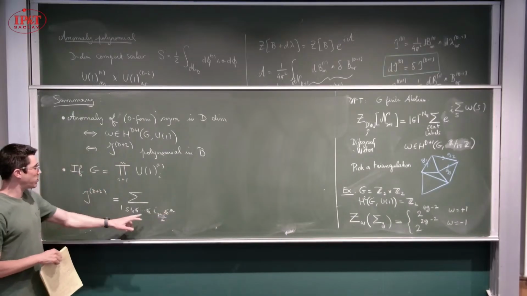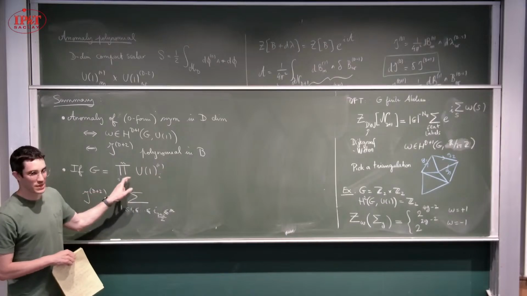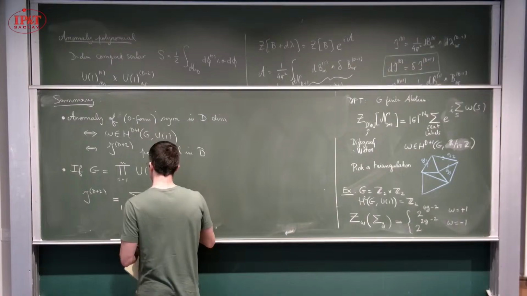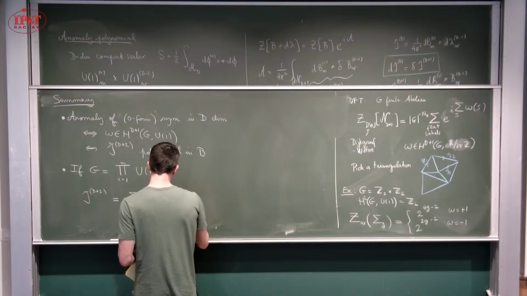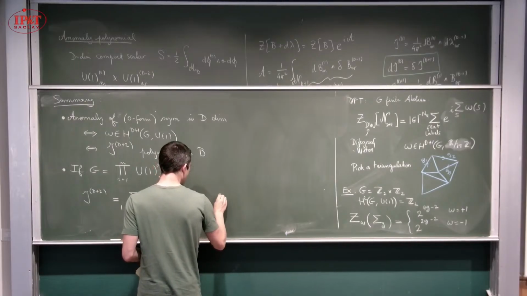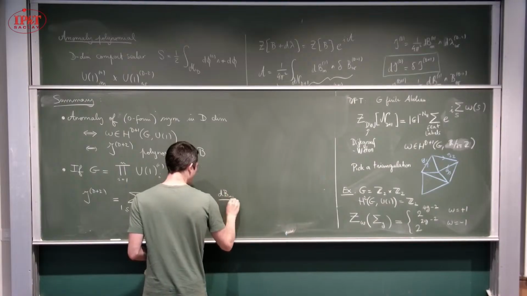So we select d plus 2 over 2 groups in here. And then we have a constant, which is the anomaly constant, kappa i1 through i d plus 2 over 2, times dB i1,